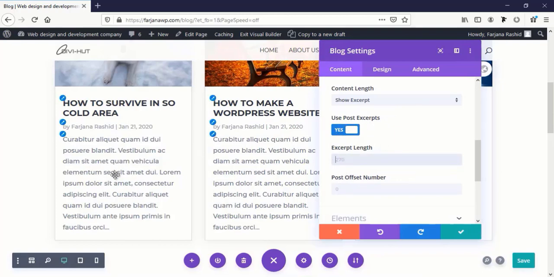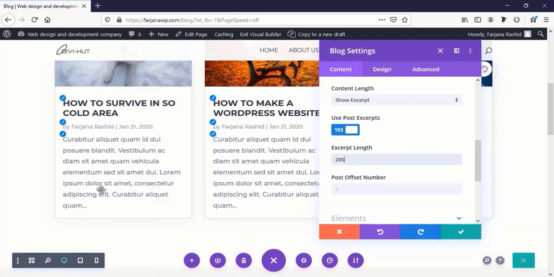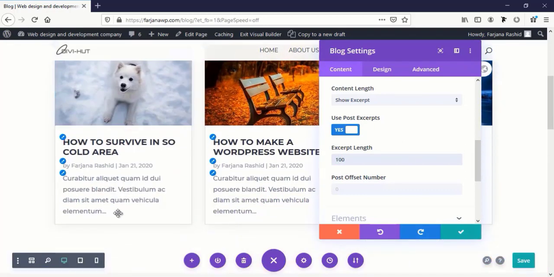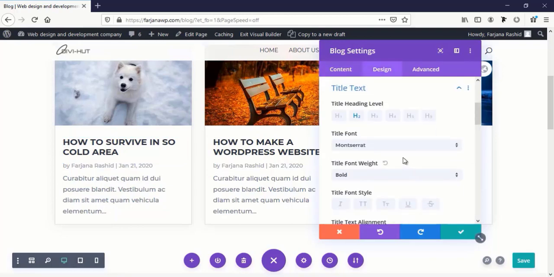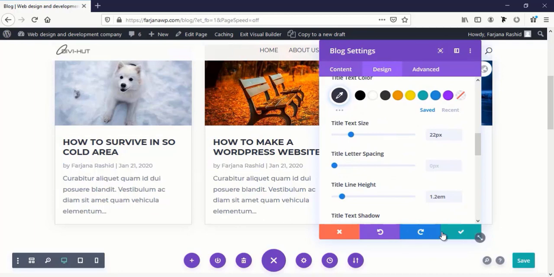So here we can limit our description count, for example 200. Here is decreasing our description, we can decrease it more, 100. So now here is showing 100 characters, and from here we can also style our font. We can keep this as it is,